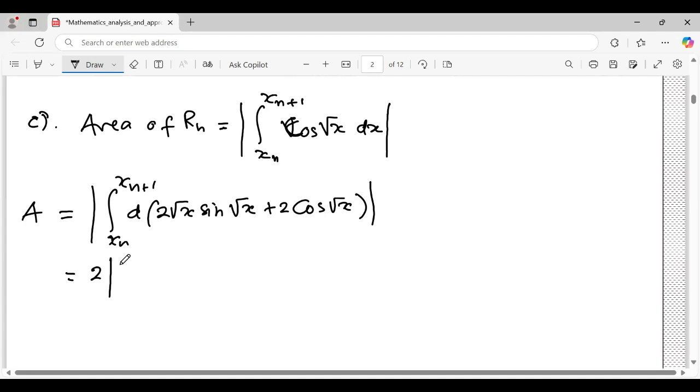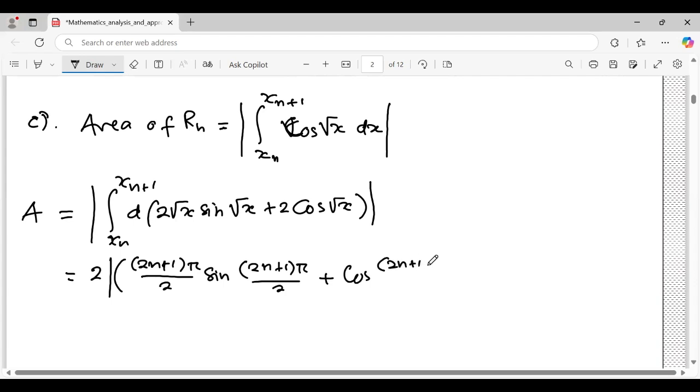So it becomes 2n plus 1 pi over 2 sine 2n plus 1 pi over 2 plus cosine 2n plus 1 pi over 2 minus,